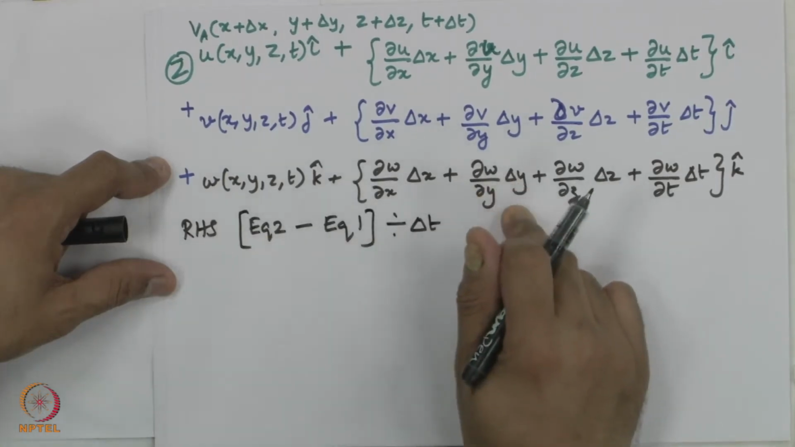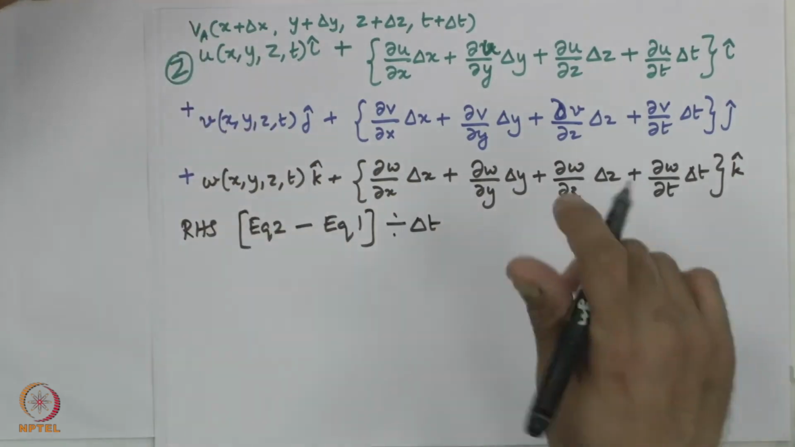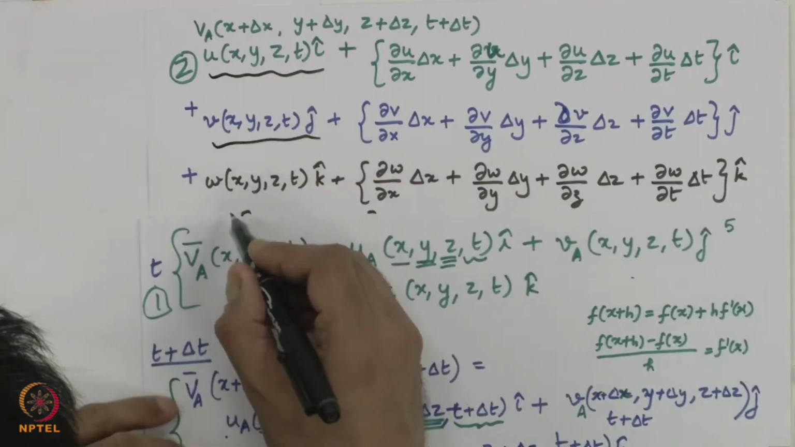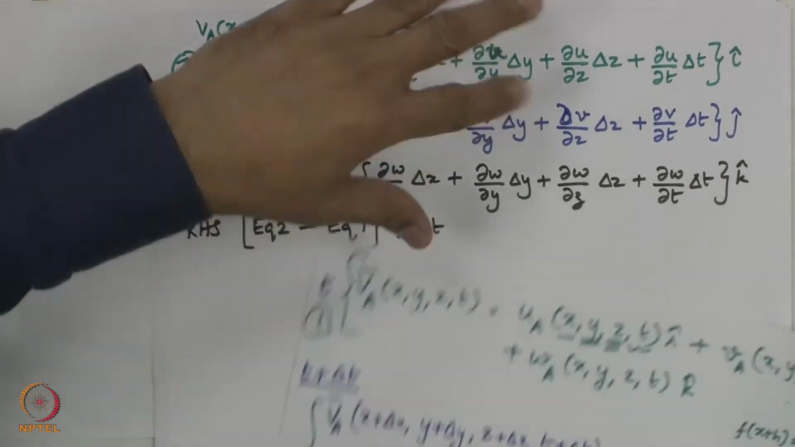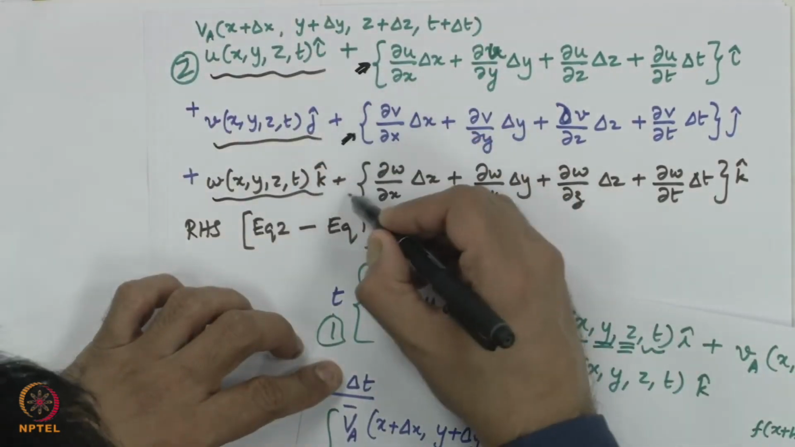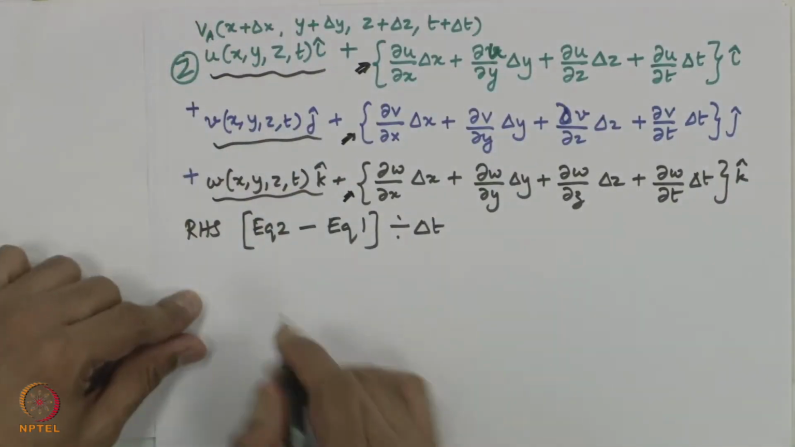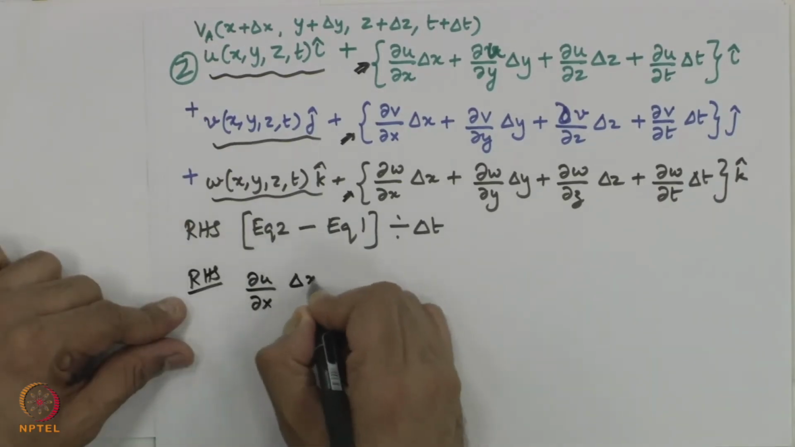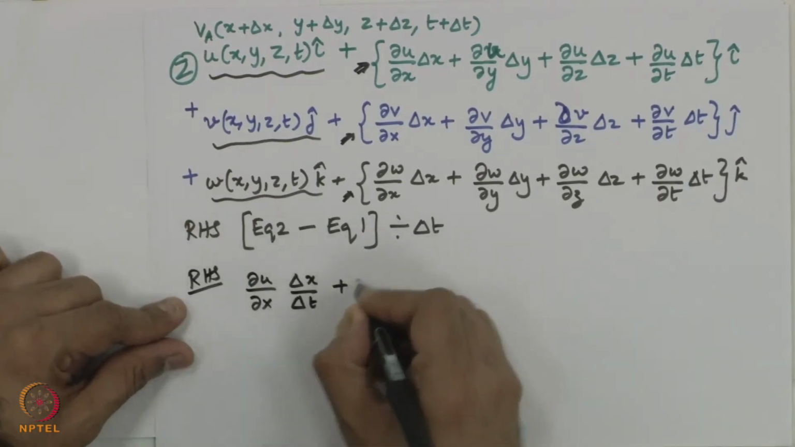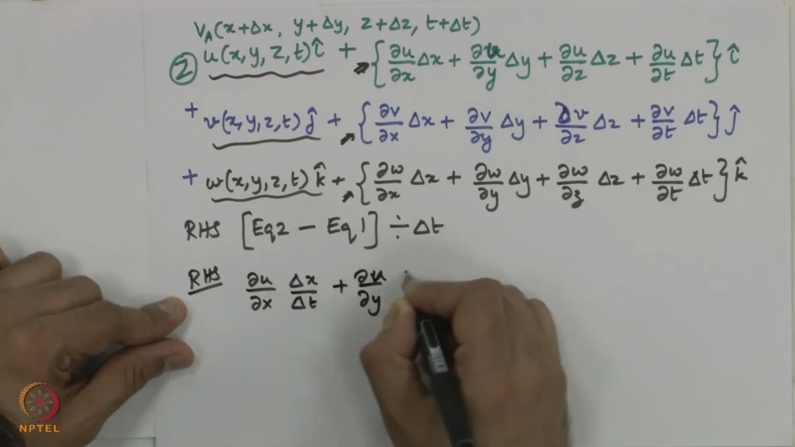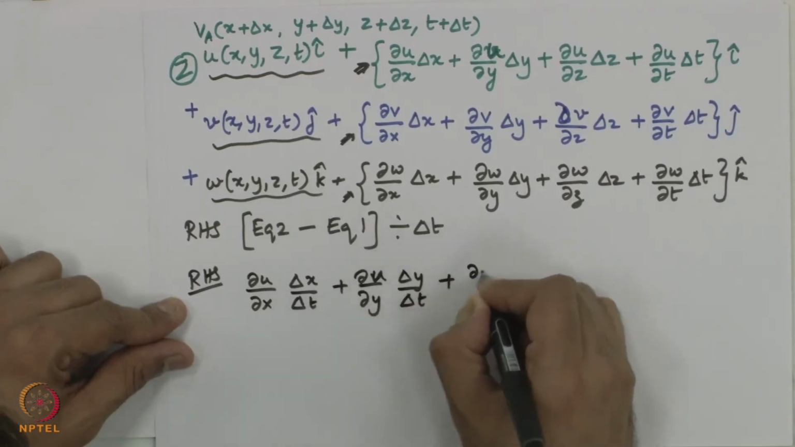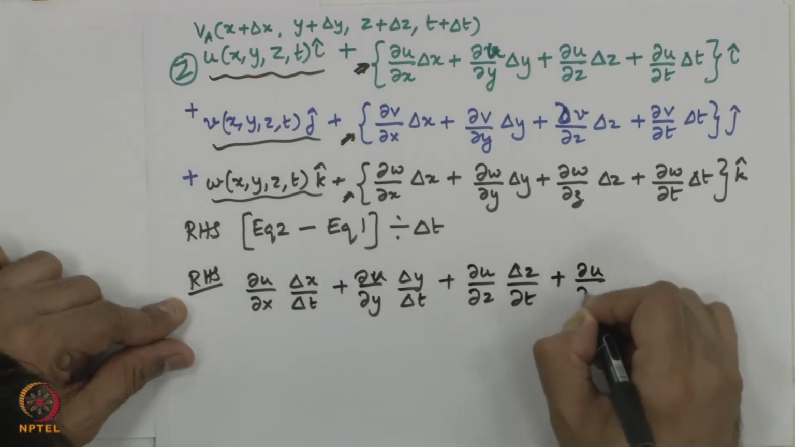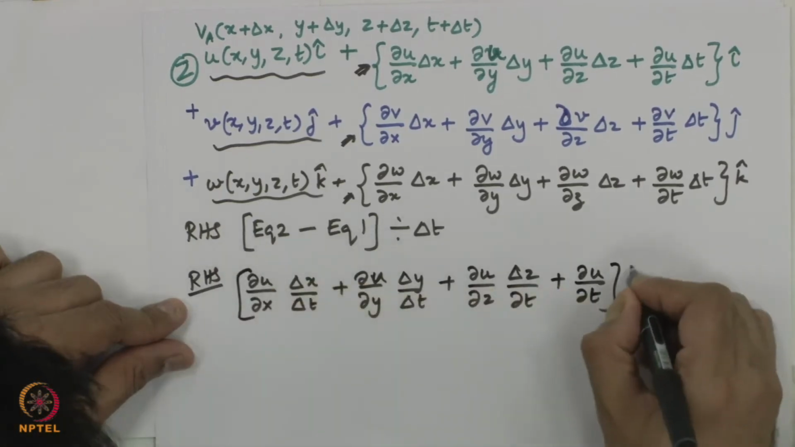Equation 2 is this one. I subtract right hand side of equation 1, which is nothing but u, this first term, this one, this one, this one. So, what is left is only this, this and this. So, I am going to be left with right hand side is nothing but du by dx delta x, I am dividing by delta t. So, that comes here du by dy delta y by delta t plus du by dz delta z by delta t plus du by dt. This is my first term i cap plus